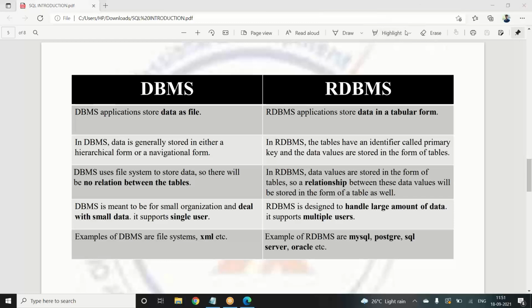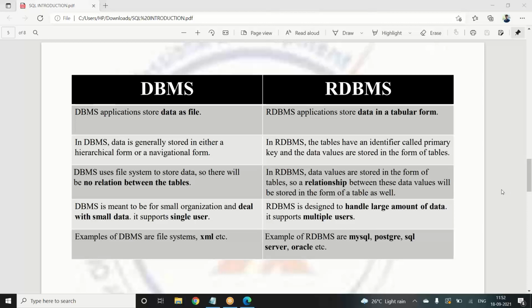When it comes to a relational database management system, this one is used for larger data handling capacity models, and it stores the data in a tabular form instead of a file. So that is the main difference. And those tables have different keys, and there are different kinds of things divided inside the tables that we'll learn as we get into it.